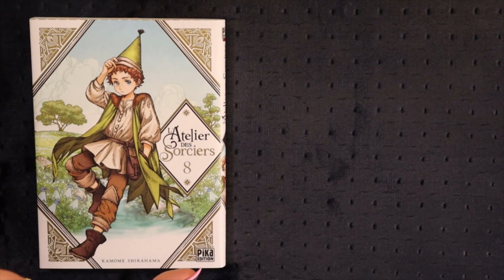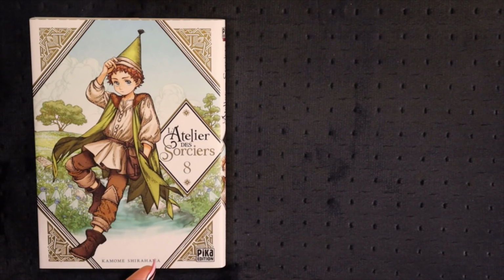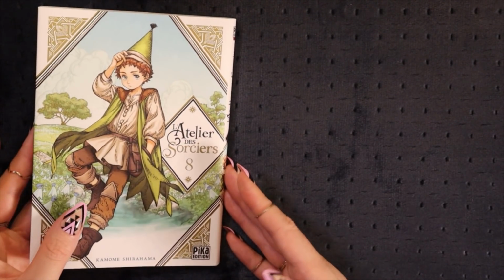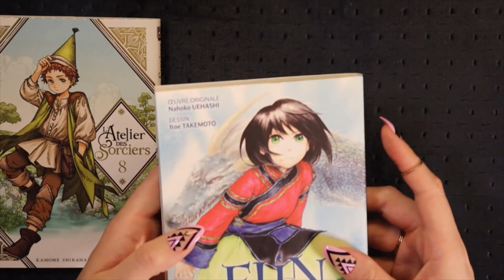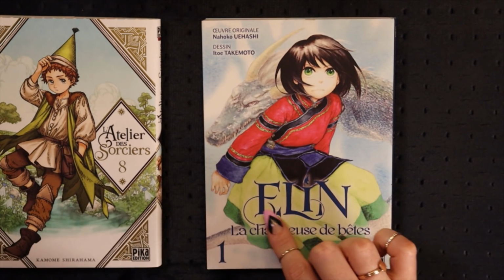So she came up with more than 3, so I was really happy, and I chose 3 to get to try out and see which ones we like. They all look really interesting and I have a feeling I'm probably going to continue with them all, but I haven't read them yet, so we'll see. Okay, so this first one, so cute, is Elin,